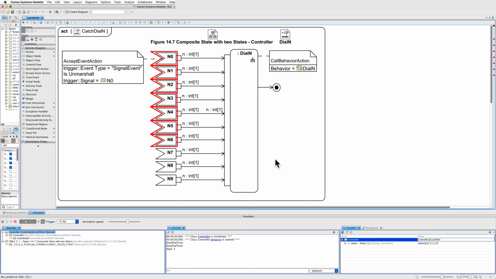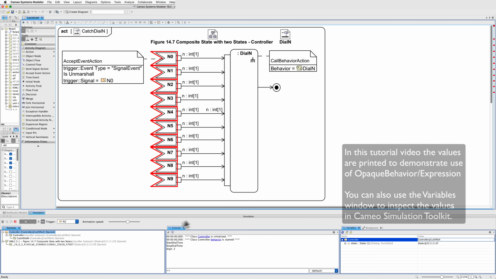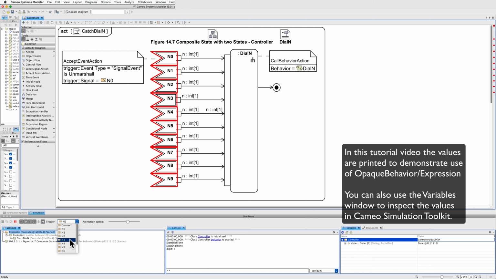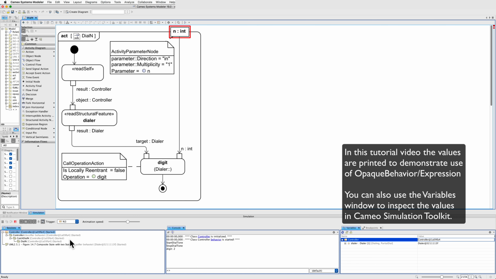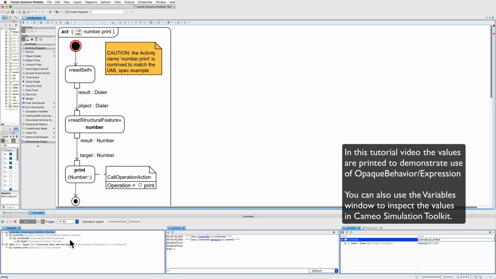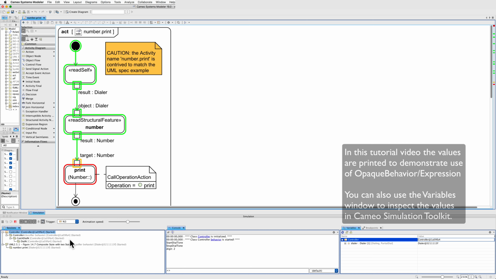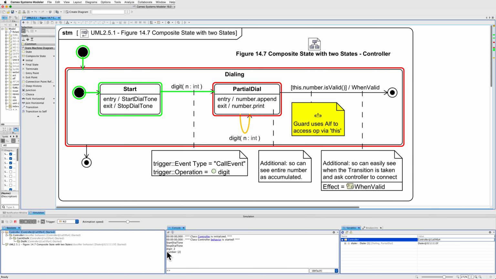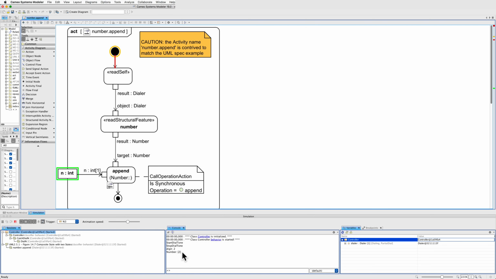So let's just go through that a few times. See if we can see again what's happening. I'll send a 3. Comes into dial N. It reads the context, which is the controller, from which it then obtains the dialer. It calls the digit operation on the dialer. It then prints the digit, and we can see here there's the digit that came in, there's the number we added before. We're now going to append